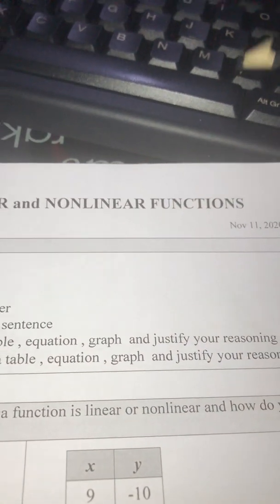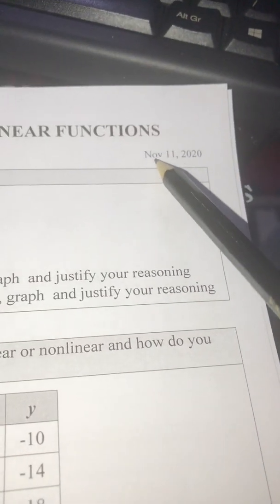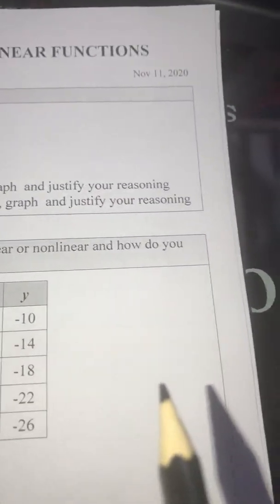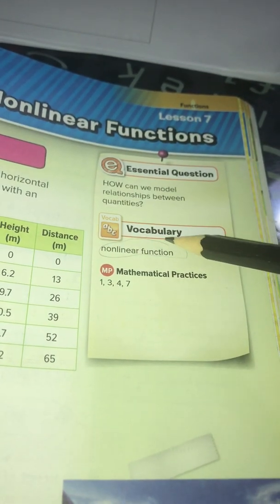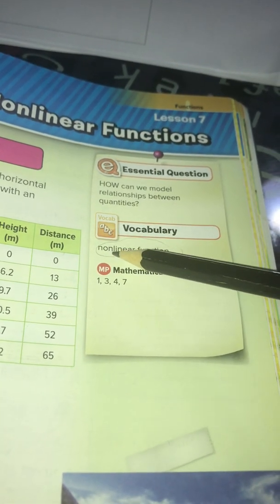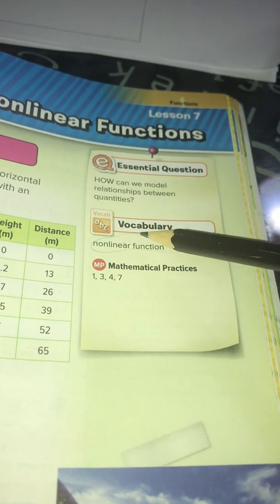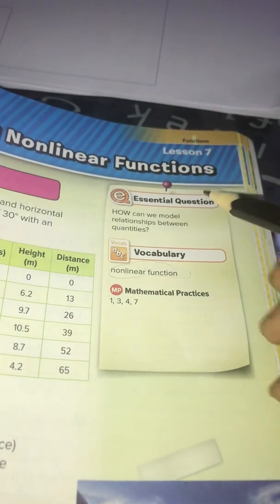Okay. Grade 8, we're doing chapter 4, lesson 7, linear and nonlinear functions, November 11, 2020. As you can see, your new vocabulary is you must know what is a nonlinear function. That means it is a function, but it is not linear. Okay? So remember from when we defined a function